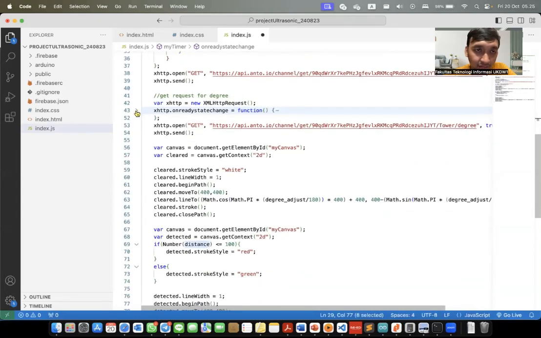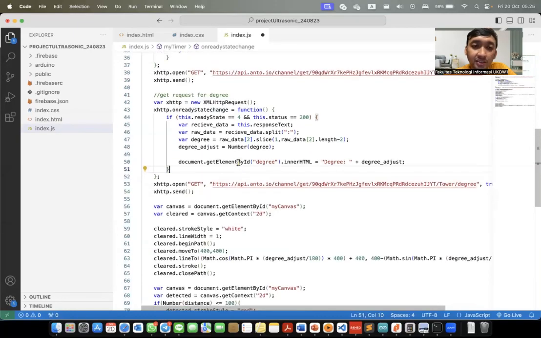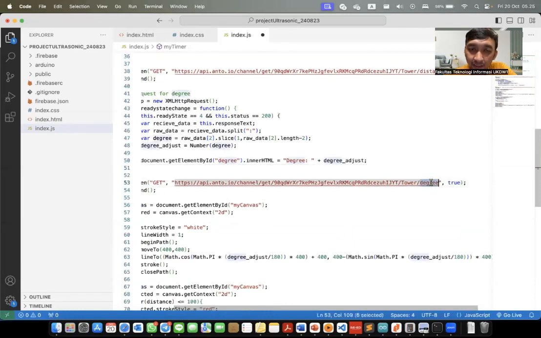The second block here is for the request degree. The template is the same, but for the degree we only need the degree value. We don't change the color properties. We only send the get request to the Anto API for the degree value.